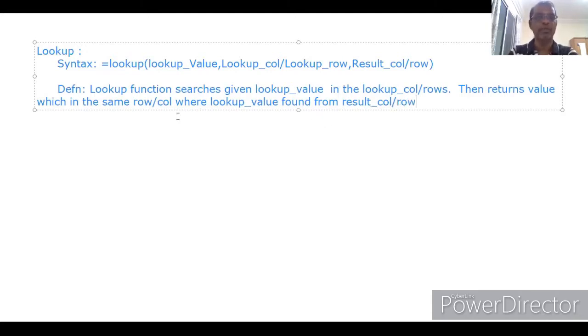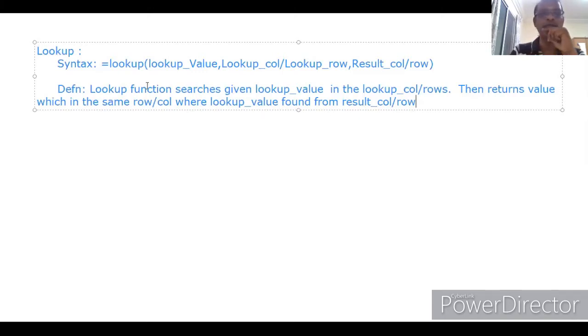See here, the lookup function searches the lookup value in the lookup column or row. Lookup value is the first argument. In the lookup column or row, that is the second argument. Then it returns the value which is in the same row. After finding the lookup value in the given column or row, it returns the value which is in the same row or column where the lookup value was found, from the result column or row.